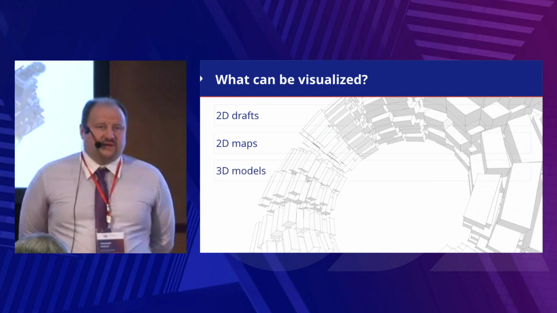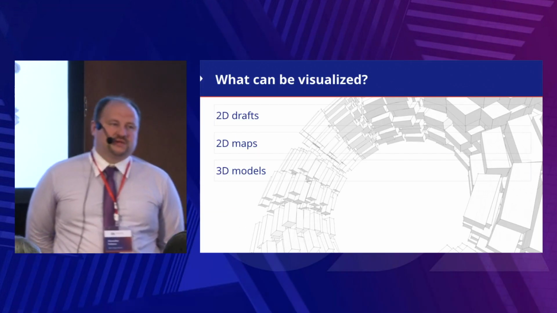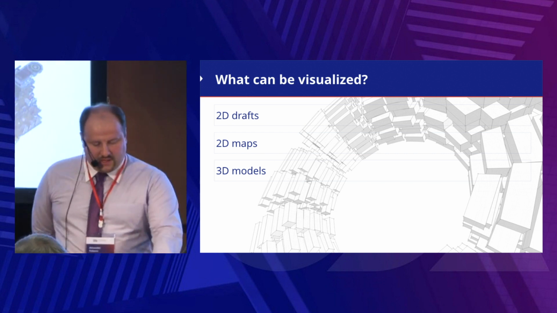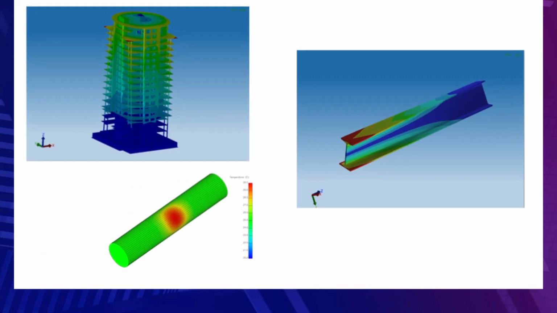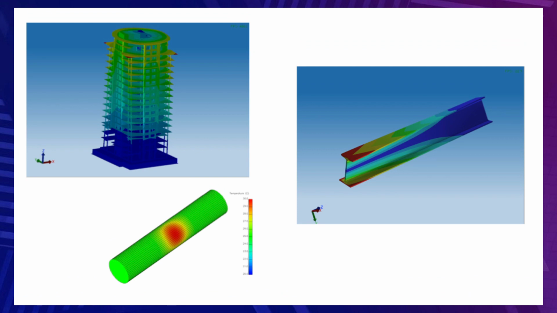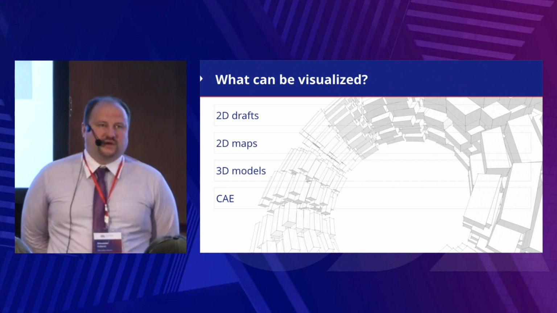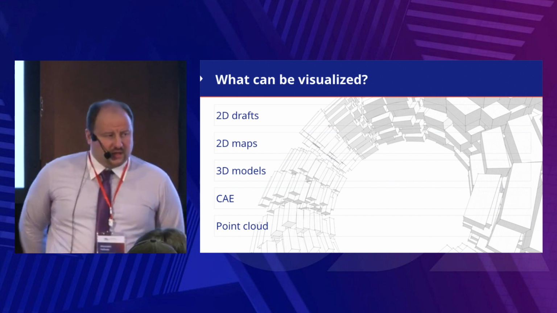Another type of data is 3D models. This type of data can come from many different applications, like some design applications, or, for example, some specific tools which produce very detailed STL files for 3D printing. Another type of data can come from computer-aided engineering applications, where usually it is needed to visualize the results of calculation via different graphics, diagrams, or sometimes to illustrate the distribution of the calculated parameter over the analyzed body. And finally, Visualize SDK supports point clouds.